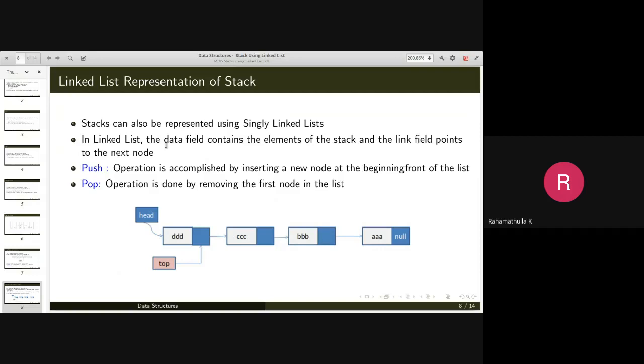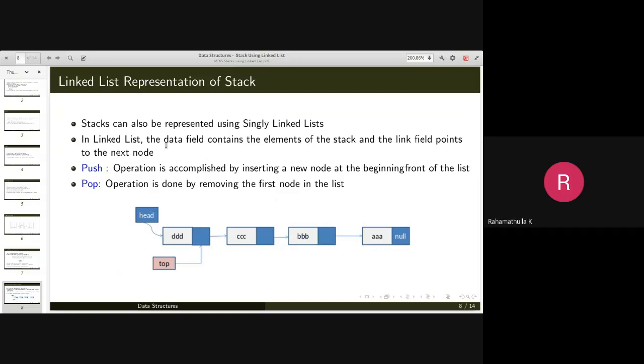The size is actually limited only by your memory. So if your memory is already full, then you cannot insert any more. That's it. Otherwise, you can insert.